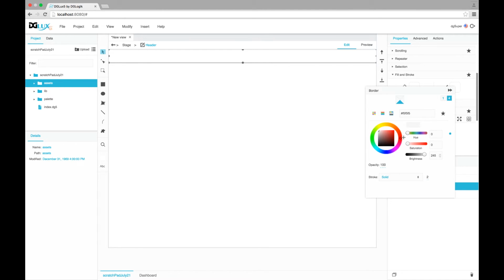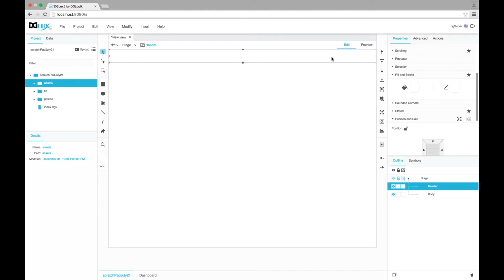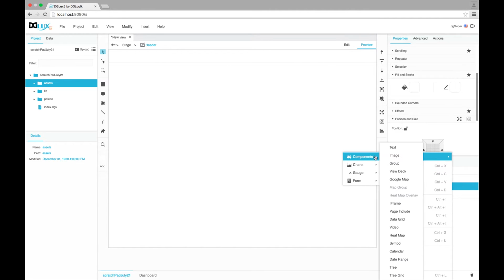In the color choosers in Digilux 5, you can choose from a color array if you like, and you can also edit the red, green, blue, hue, saturation, and brightness using these other 2 tabs and these number values here, or you can enter a hex value. So that line is about the shade that I want, and now within this header group, I want to insert